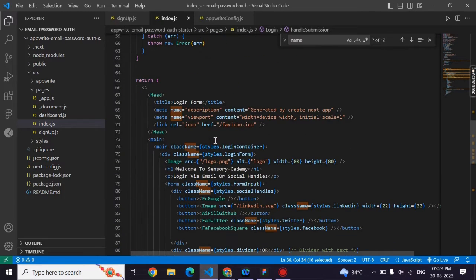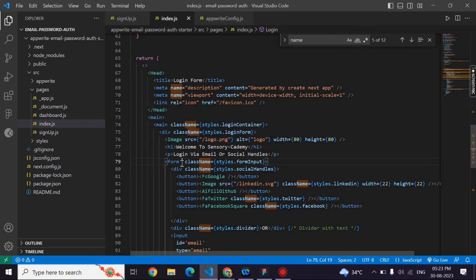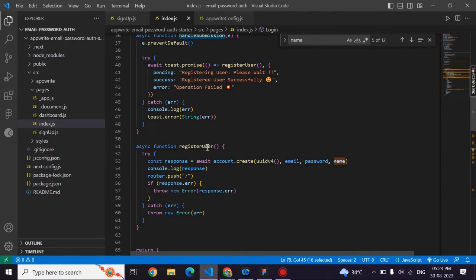Or let's go to the form over here. Let's add an on submit. And let me link this over here. Later, let me just rename this function to login user. I'll just copy this and paste it over here. I'll just change the content to logging in